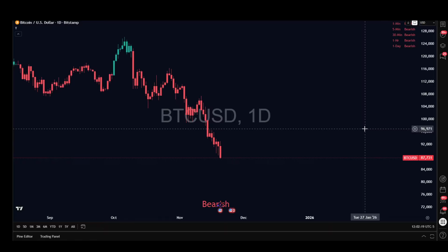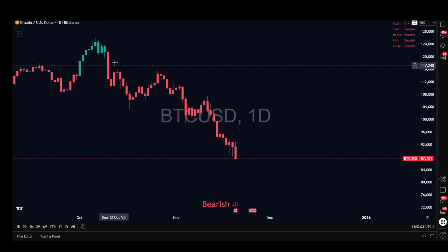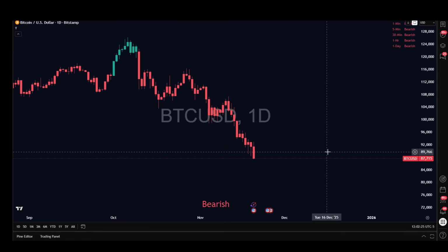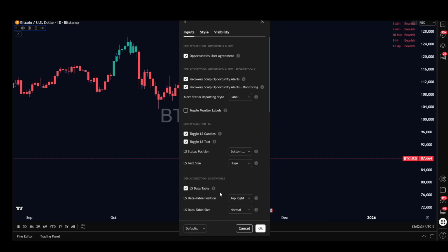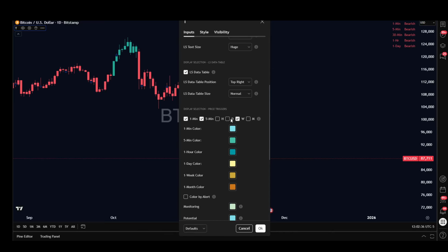If you look here for crypto, we know there was a recent plunge from 121,000 to 87,000, over a $30,000 move to the downside. And you could see how liquidity turned bearish at 121, and since then it's just been relentless downside. Now, if we put on the daily and the weekly triggers for higher time frame trading,